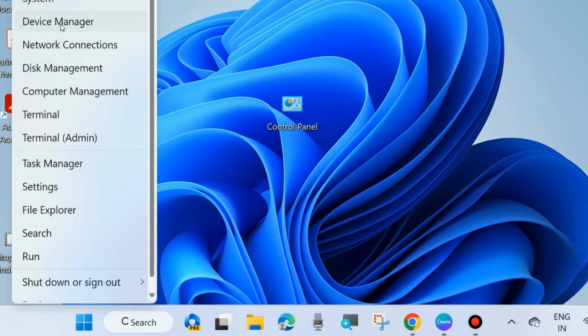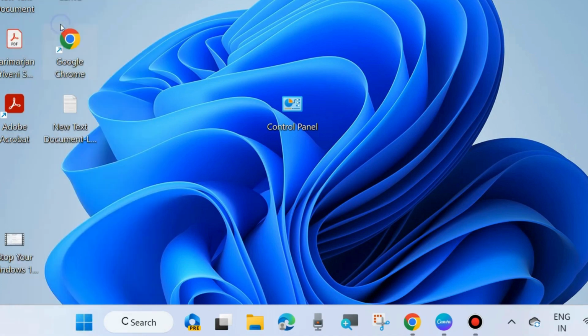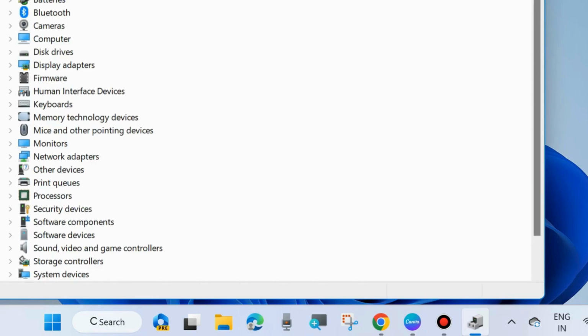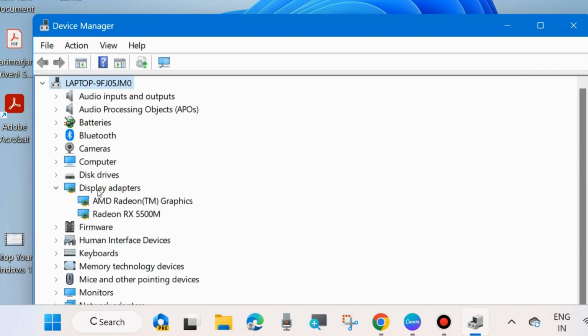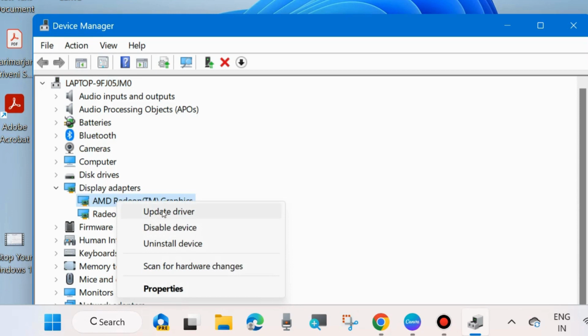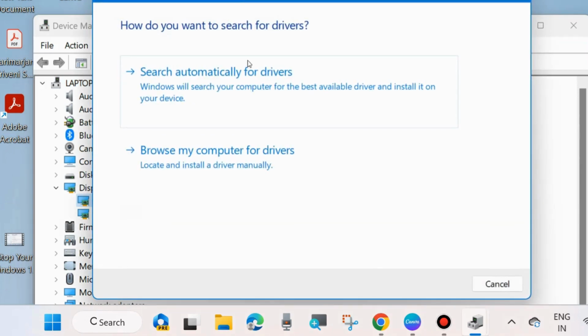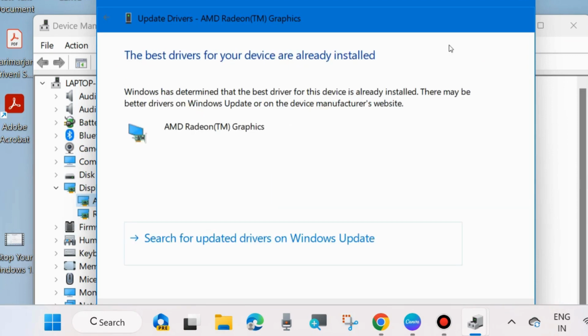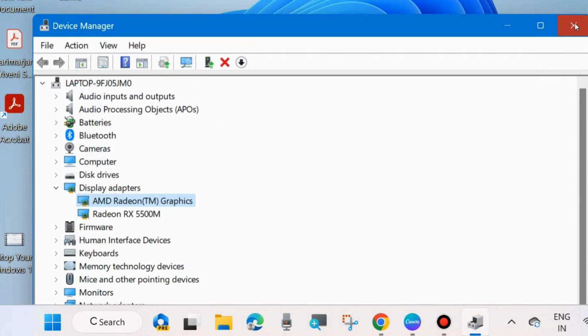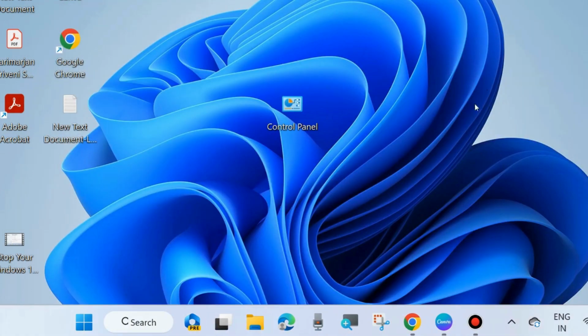Update display adapter driver. Right click on start button and choose device manager, and in device manager go to the display adapter section, expand it, right click on display adapter driver and choose update driver. In the next window, choose search automatically for drivers and Windows will update your display adapter driver, and your issue regarding zoom in automatically